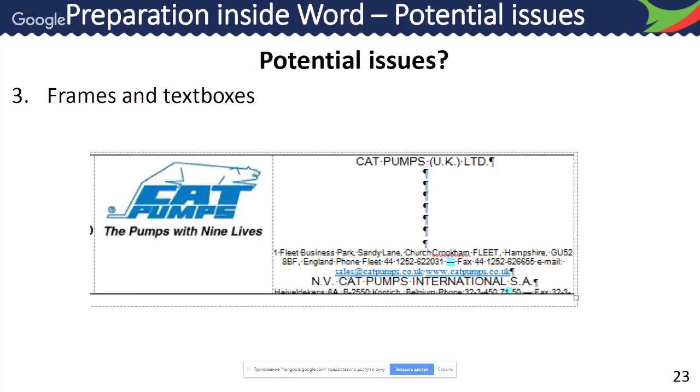The third issue is frames and text boxes. Frames hold text together and expand to accommodate the text inside them, but they do not flow to another page if the text expands. And text boxes are difficult to position correctly and do not expand automatically to fit the text. For example, on this slide, you can see what happens if the text inside a text box expands beyond the size of the text box. The text becomes partially invisible, and unless you fix this, your customer may be disappointed.